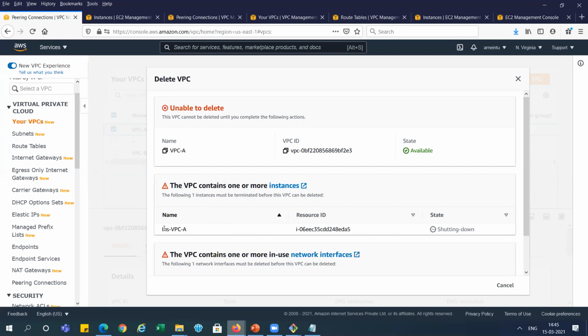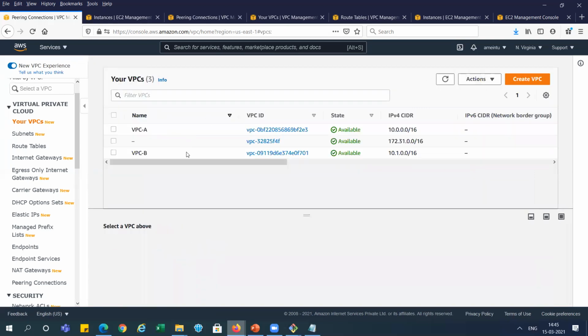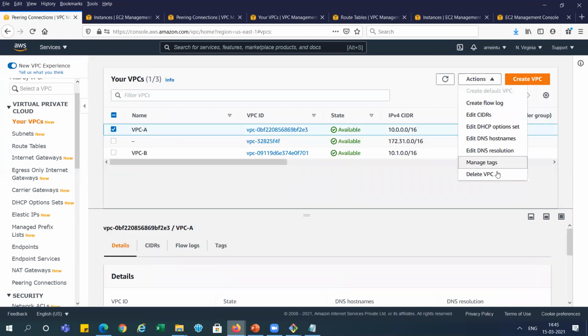This instance is shutting down. It is also showing the network interface, because it is used by this VPC. When the instance is deleted, it will release this resource also. So after that we can delete this VPC. I would suggest just waiting for one or two minutes.